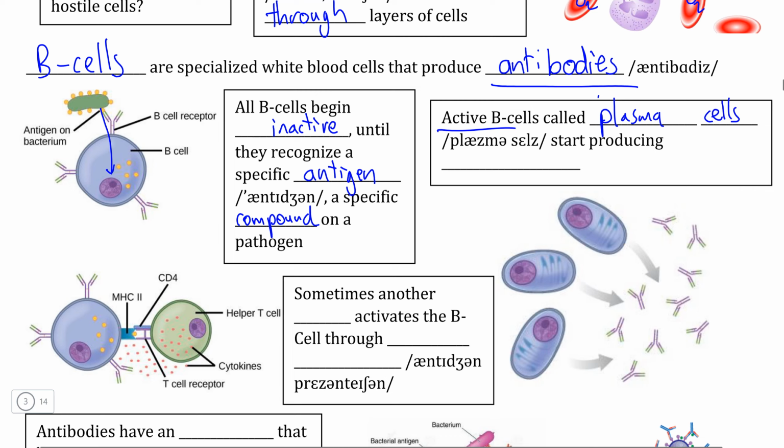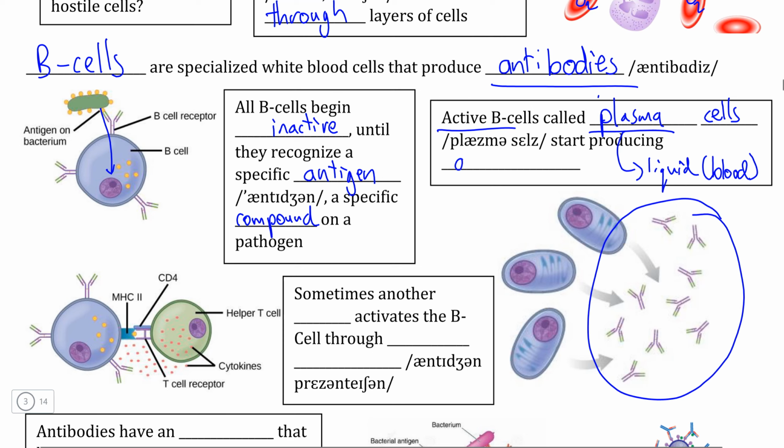Now, we call them plasma cells because remember that plasma is the liquid part of your blood, and we call them plasma cells because B cells begin massively producing proteins that we call antibodies that then make up a significant percentage of the plasma in your blood. And because your blood is constantly moving, this circulates the antibodies around the body, and eventually we'll see what these